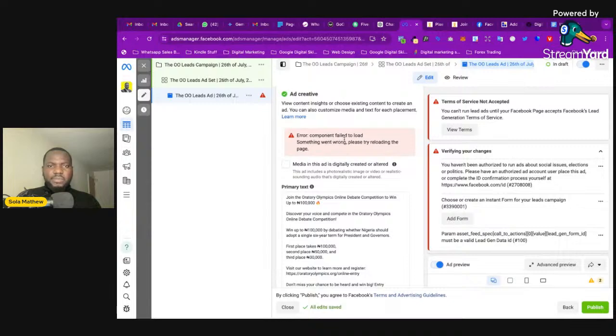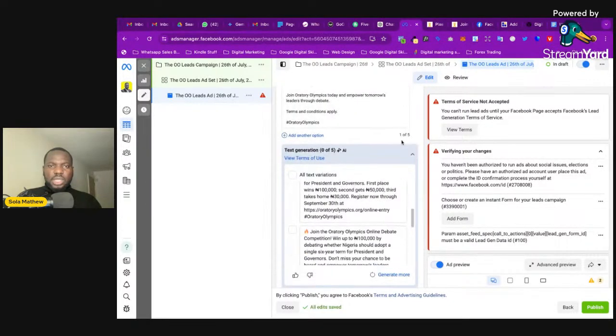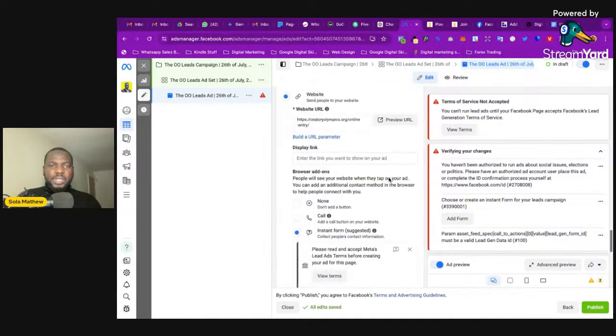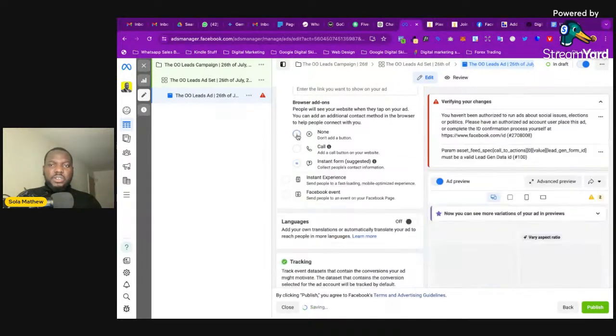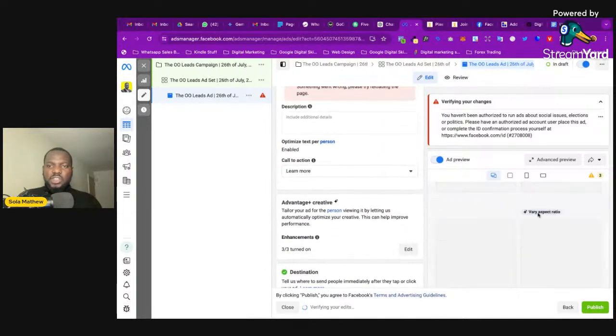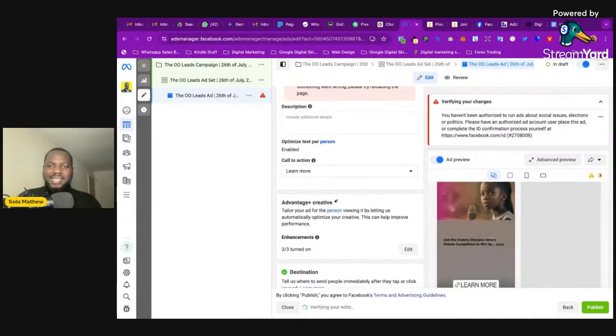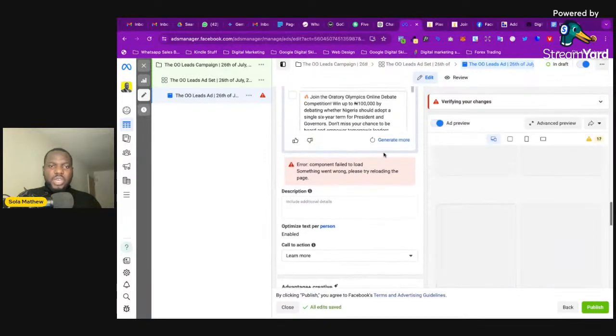Error, component failed to load. Something went wrong. What is happening? Okay. Scroll up. There's something wrong here. So instead of this instant form, what you want to do is click on none. So that is why this thing has not been loaded. So you will see, as you are creating the ad, the way it's going to look here. All right. So now,